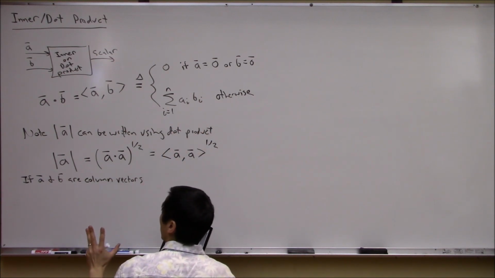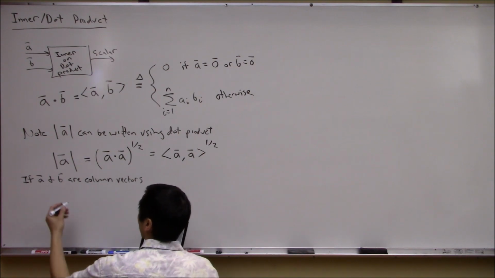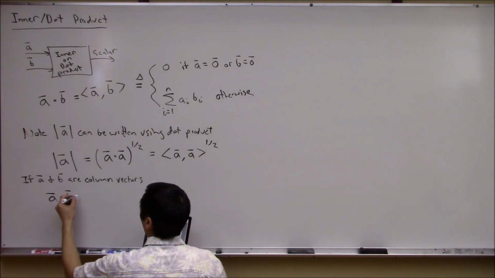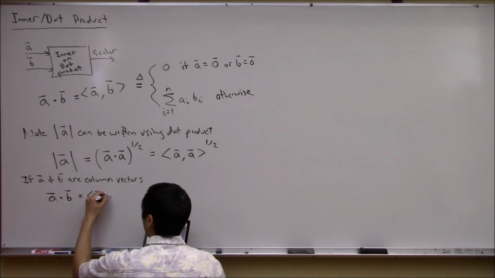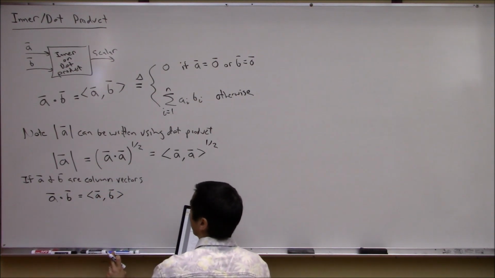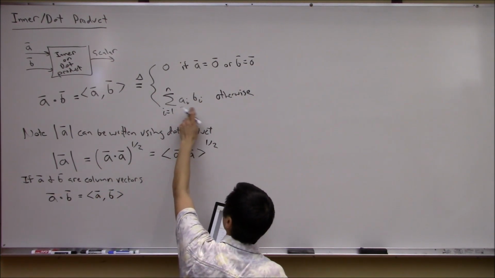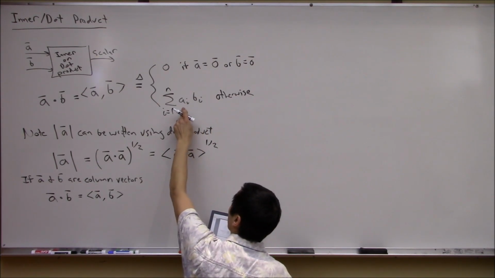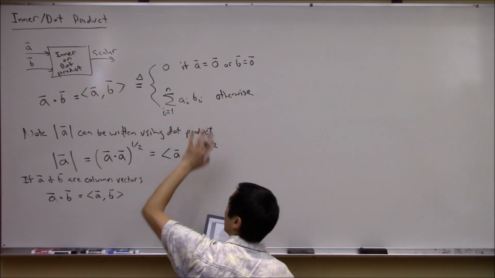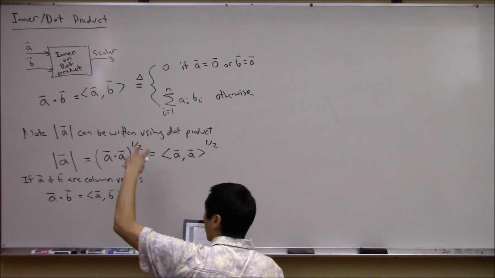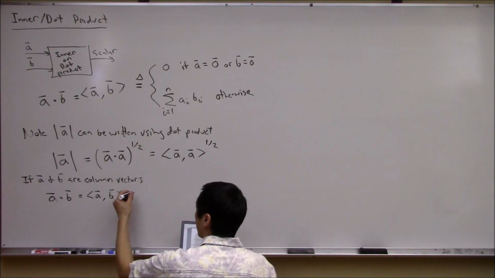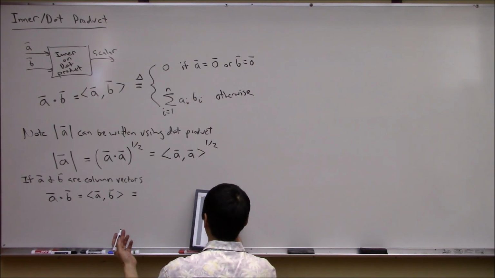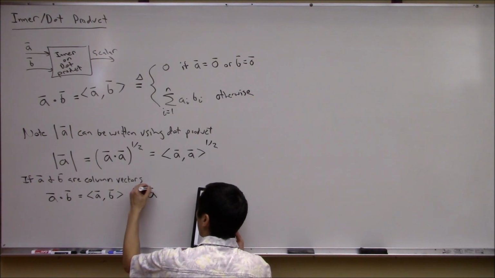If you remember how matrix operations work, if I'm trying to do A dotted with B, which is the same thing as the angle brackets A, B for inner product or dot product, all you're doing is multiplying the first element of A with the first element of B, the second element of A with the second element of B, all the way to the nth element of A times the nth element of B, and you're adding them all together. So if A and B are vertical column vectors, an easy way to do this calculation using MATLAB or whatever you like is to write this as A transpose,